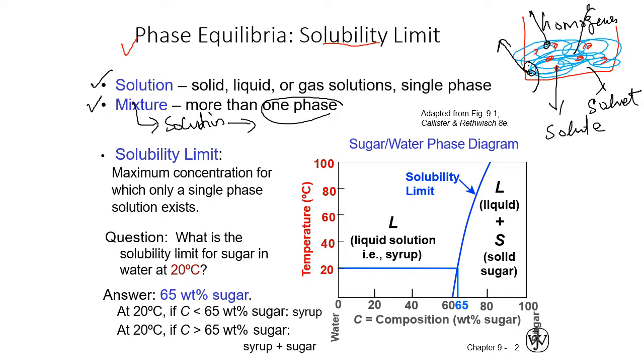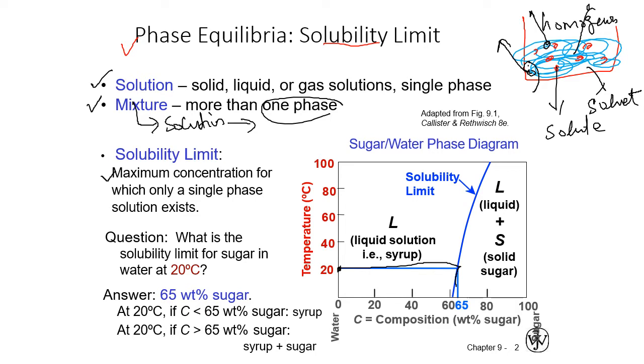Solubility limit is the maximum concentration of solute which can dissolve, right? So for example, what is the solubility limit for sugar at a temperature of 20 degrees centigrade? If we look at 20 degrees centigrade, then we see that only 65 weight percent of sugar can be dissolved in water, right? This is the solubility line, and we say that it is the solubility limit line, right? Beyond this, if you increase the amount of sugar, then you will see